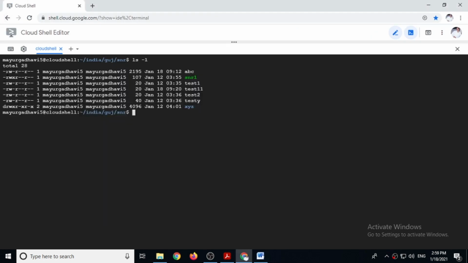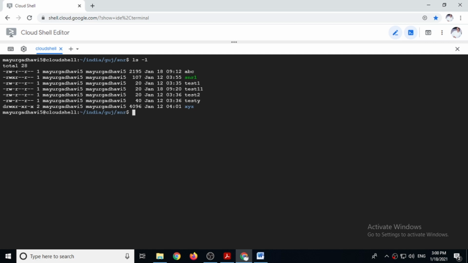So remember, characters number 2, 3, and 4 show the permission of the user, meaning the owner of the file. Here you can come to know the owner, whose name is written here.